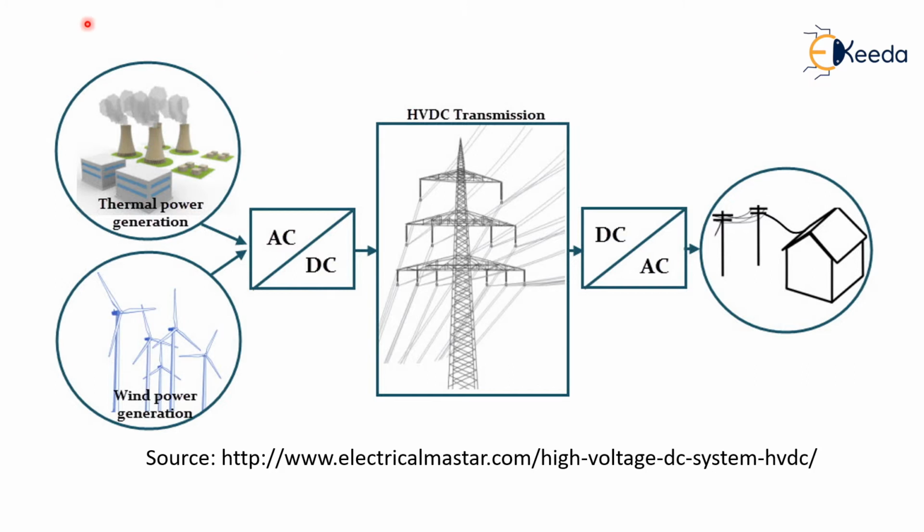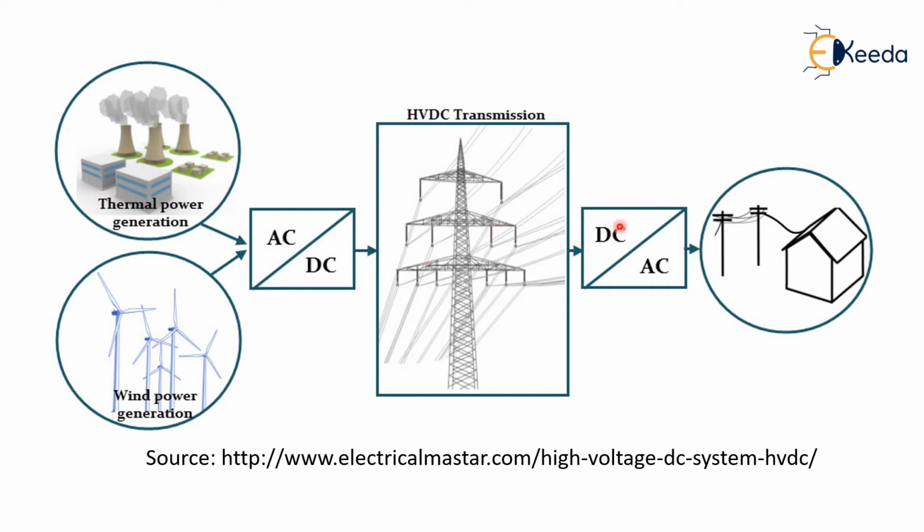So this is a general conventional thermal power generation and wind power generation. The power generated will reach the sending end station. This is what we call the sending end station. What happens at the sending end station? It is a rectifier station, so it converts the AC into DC. And the converted DC voltage will be sent to the HVDC transmission lines, and it will be transmitted to the